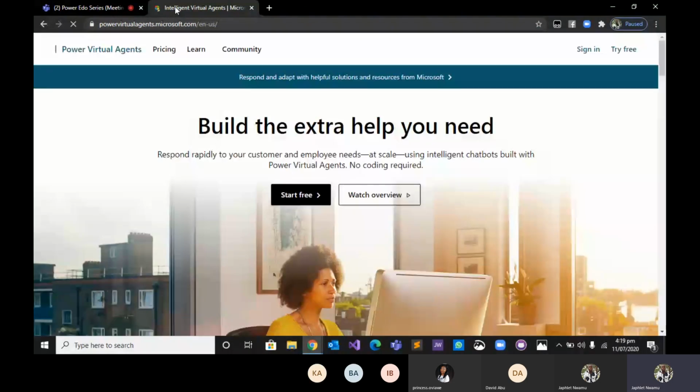Now it takes me to the virtual agents page where I can sign in.